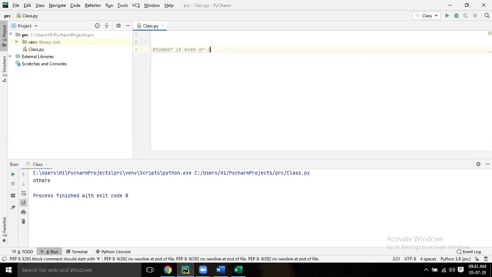So this is the program. Now you are going to do small programs. The more programs you do, the more confident you'll be. Let's say a equal to 20. Now I want the output: 20 is even. What output do I want? 20 is even. Write the code. I'm giving you 5 minutes, all of you.